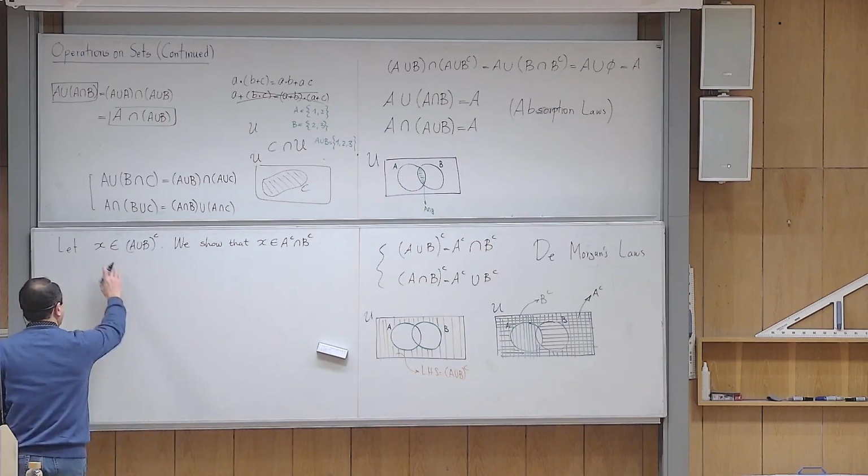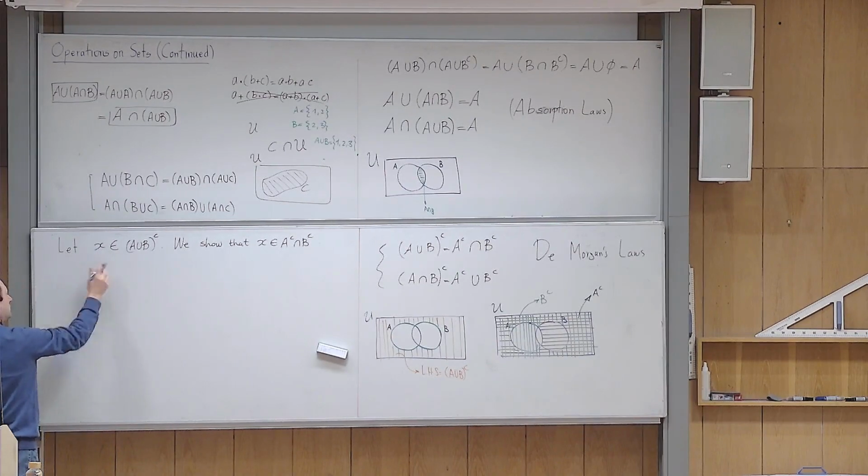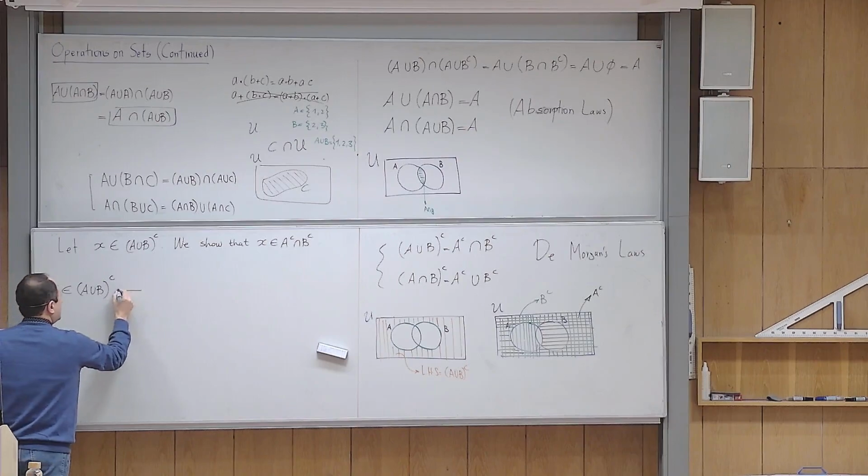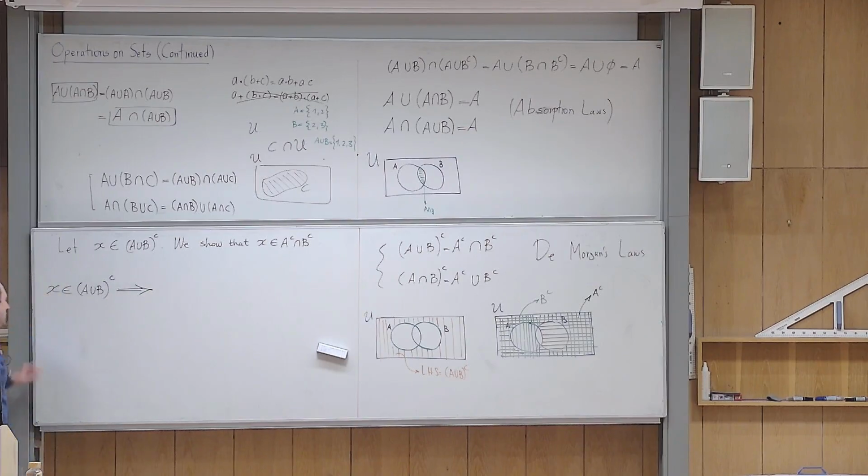Okay. Now I want to help you to help me. Okay, so x belongs to (A union B) complement. What is the logical consequence of that? If I give you an element in the complement of a set, what can you conclude? The most natural thing, yes? What can you conclude? If x belongs to the complement of a set, it means that